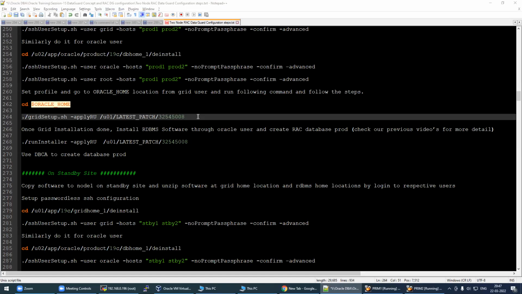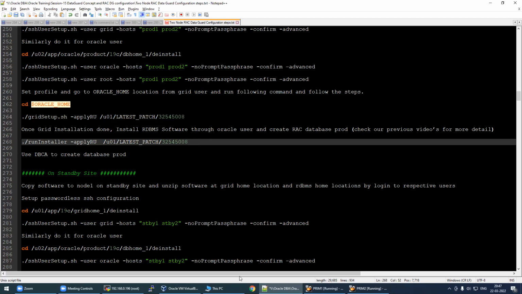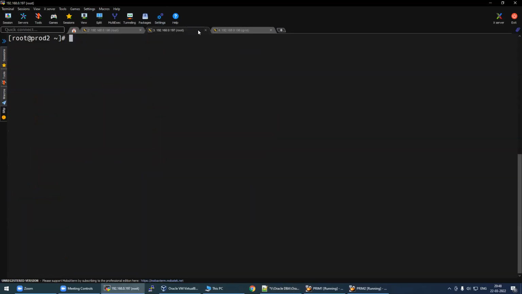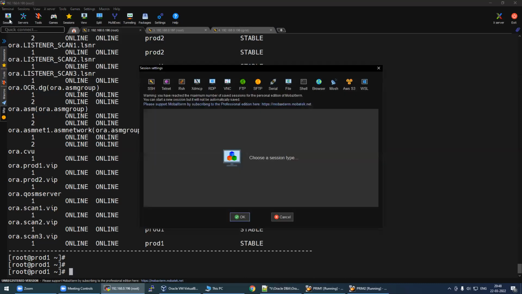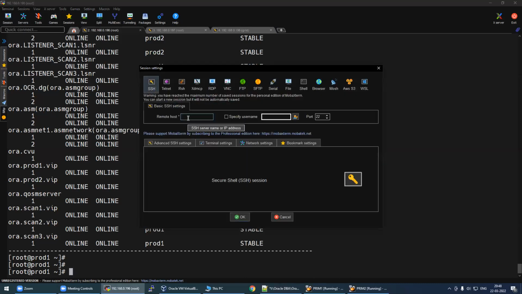Now the grid software installation is completed, and we have already created the ASM disk groups. So from here we can start the rest of the task, that is the installation of database software. This is the two node setup which is already running with ASM. So let me connect as an Oracle user. In order to perform the installation, we need to connect on the local node, that is the first node. Once we connect here,